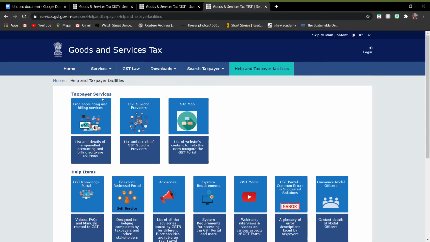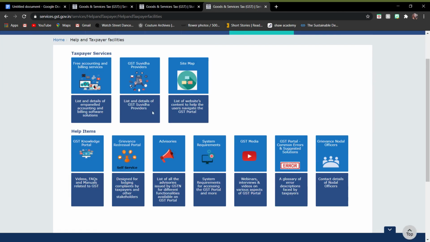The taxpayer services are free accounting and billing services, GST Suvidha providers, site map. Help items will be GST knowledge portal, grievance redressal portal, advisories, system requirements, GST media, GST portal common errors and suggested solutions, grievance nodal officer.